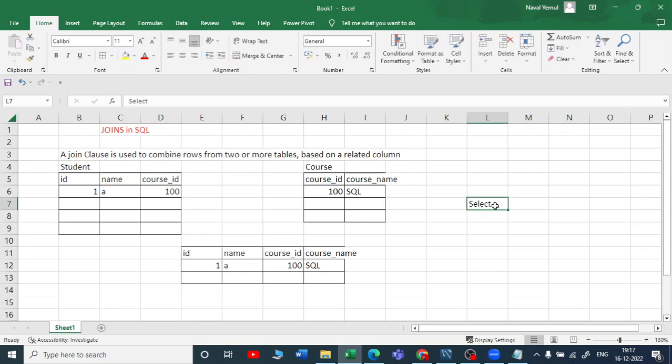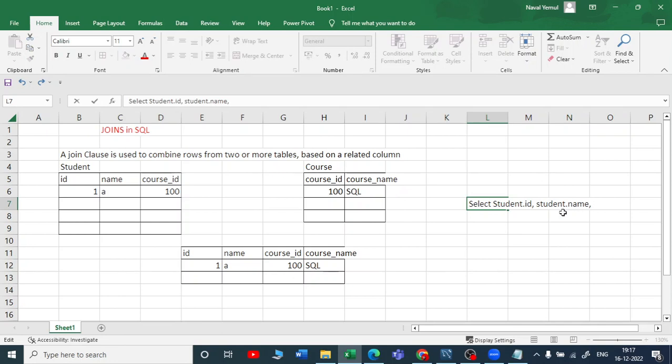If I just write ID, you don't know which table it belongs to. So you can use the table name, that is student dot ID, table name dot column name, student dot name,